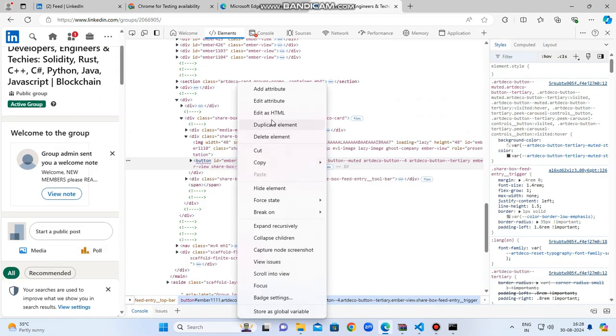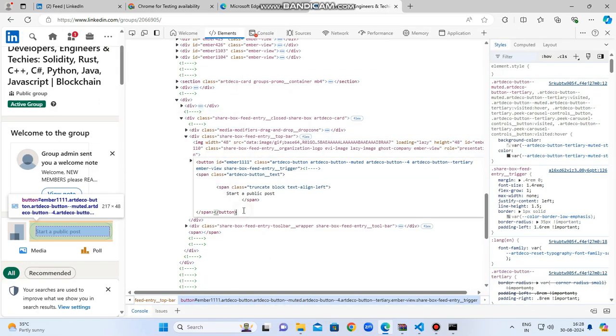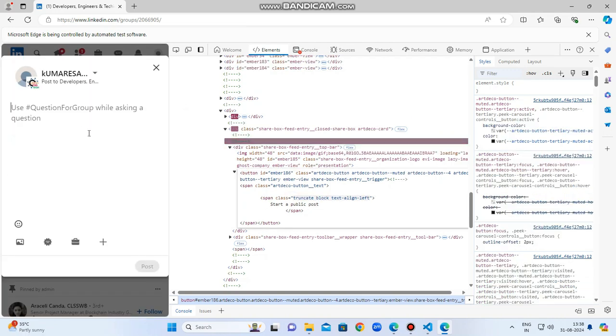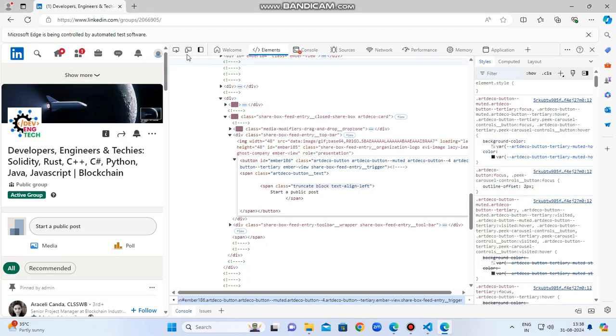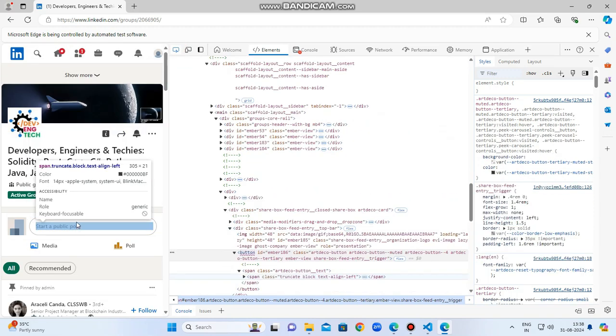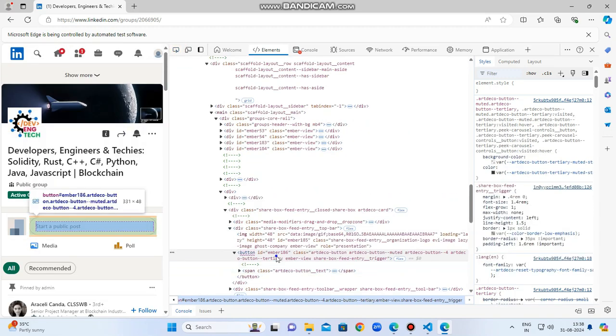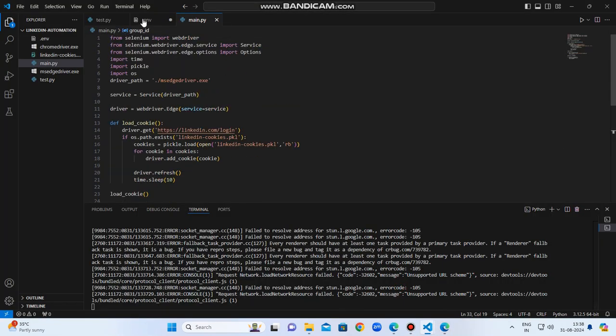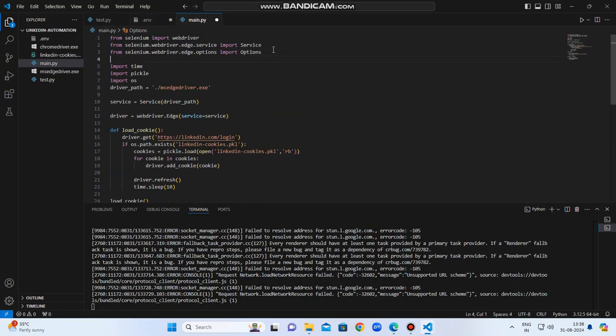You can see that start a public post is inside the button and inside this span. To select this element, we're gonna use this class. When you click on this, we have to click on this public post button. For that, let us see how to click on this element using Python Selenium. For that, we need to wait for the page to load fully. To do that, we're gonna use the